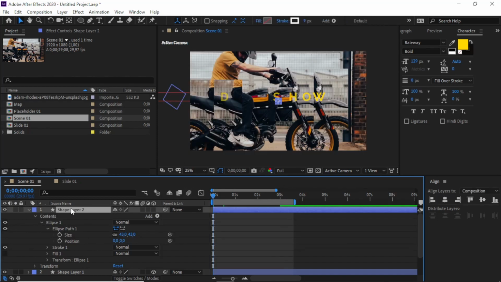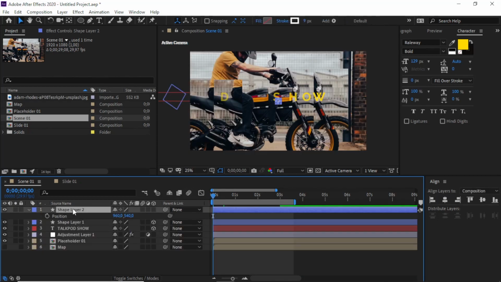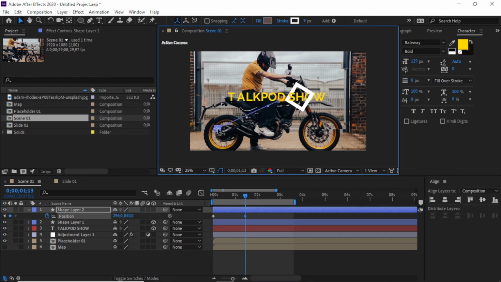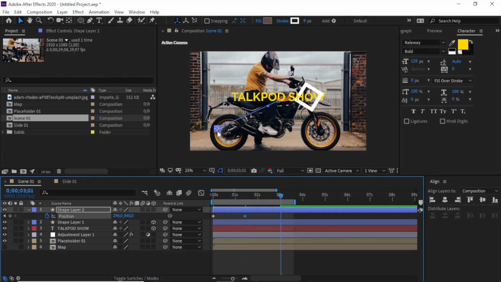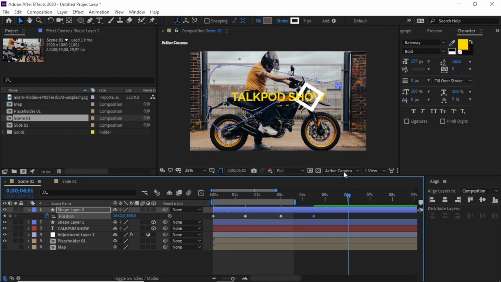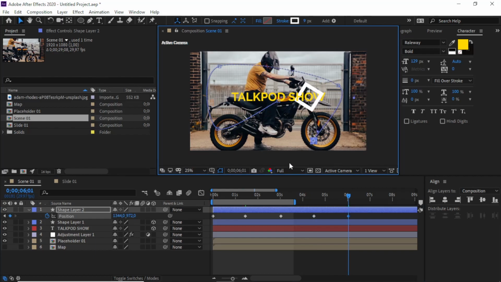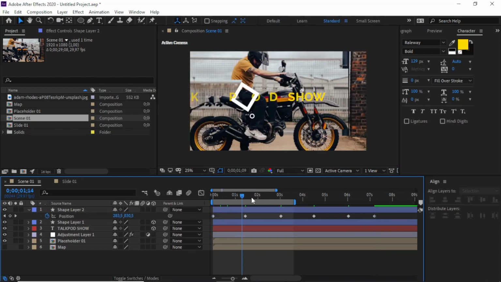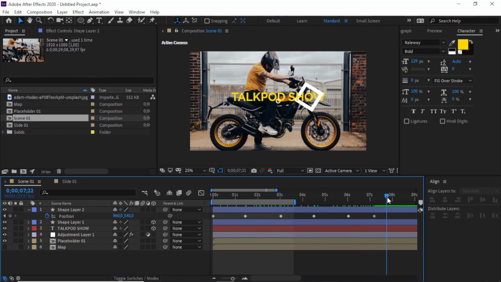We select the shape layer and hit P on the keyboard, keyframe, and move to some second and move it like this, and this one moving like this, and this one moving like this. If you want to get a loop on the last keyframe, you need to copy the first keyframe, Ctrl C, Ctrl V, so it will move like this.